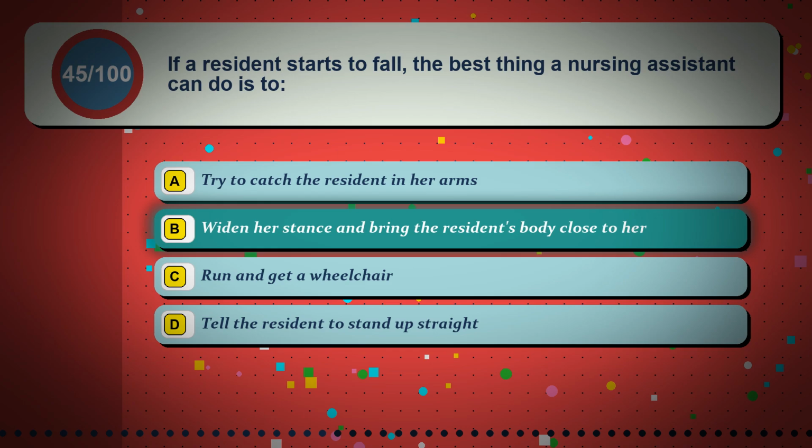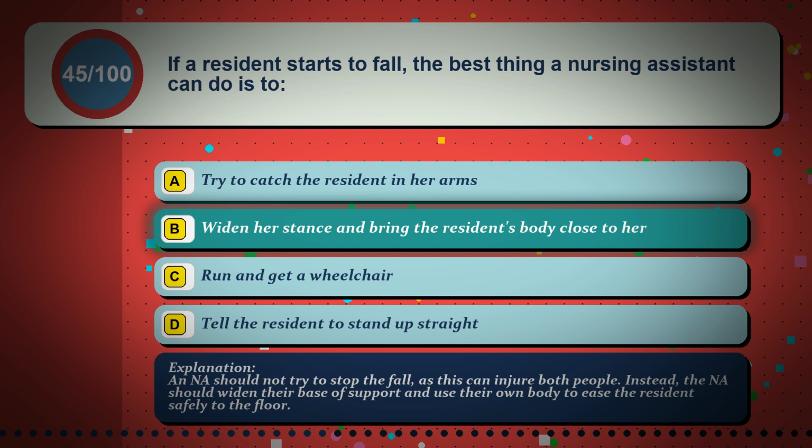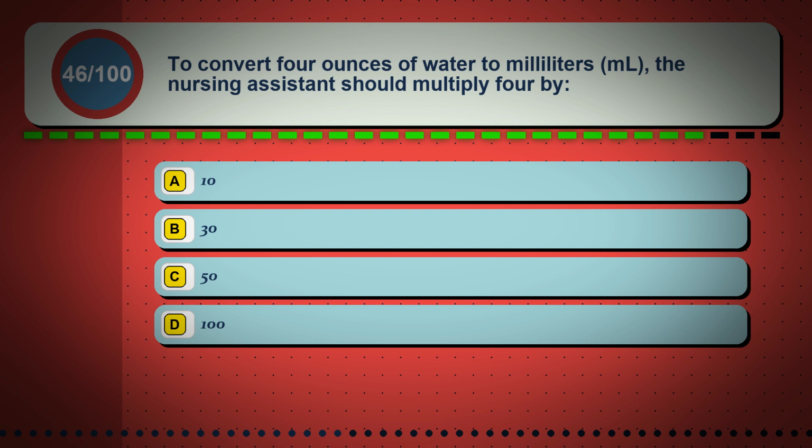The correct answer is option B. Widen her stance and bring the resident's body close to her. An NA should not try to stop the fall, as this can injure both people. Instead, the NA should widen their base of support and use their own body to ease the resident safely to the floor. Question 46. To convert 4 ounces of water to milliliters, ml, the nursing assistant should multiply 4 by